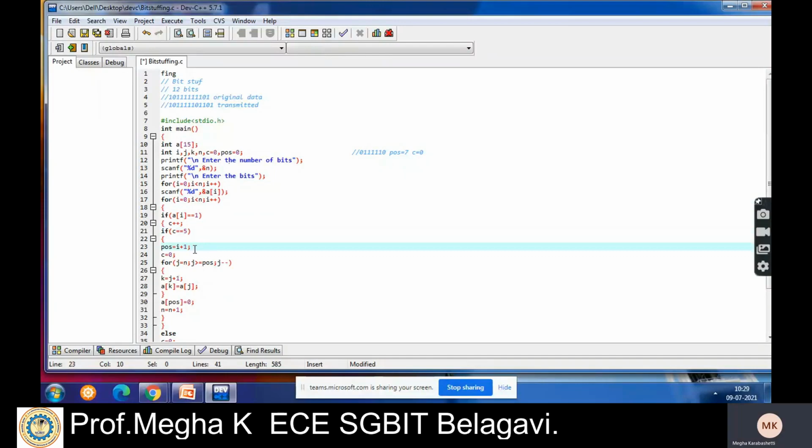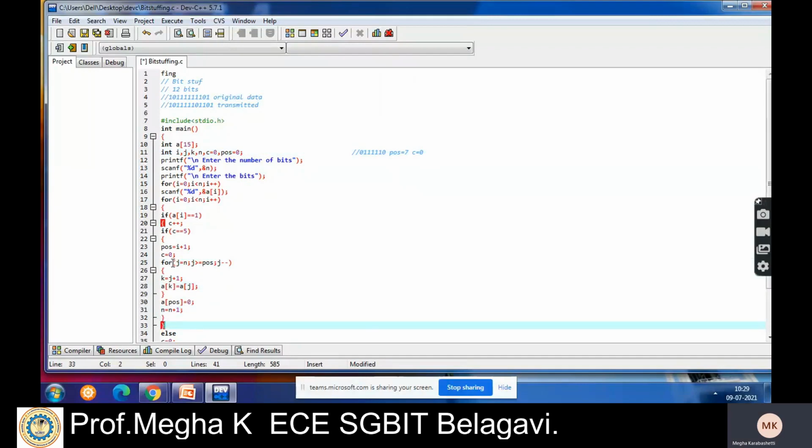That means the next bit should be stuffed by 0. So position is i + 1. In this example, if there are 5 continuous ones till the 6th position, the 7th position is stuffed by 0. The same thing is done here.